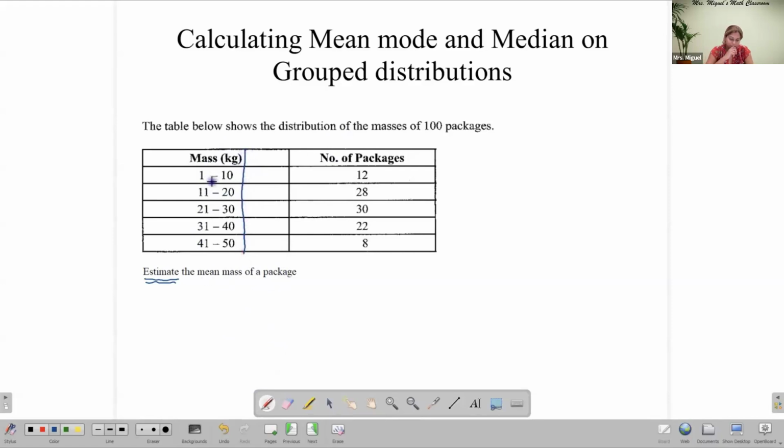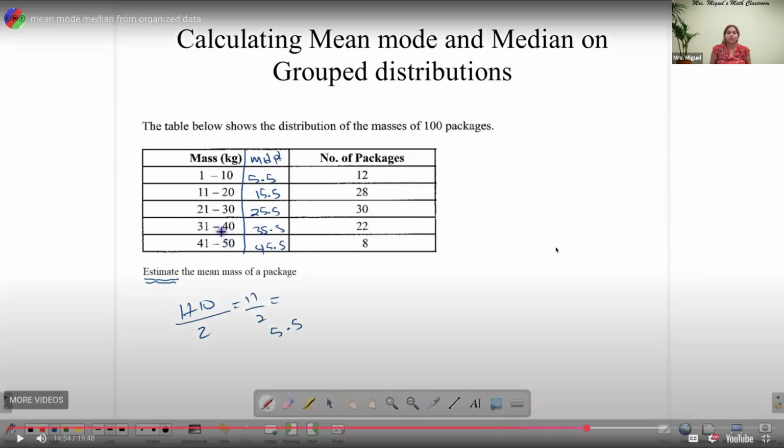So the midpoint, the first one, 1 plus 10 divided by 2, which is 11 divided by 2, is 5.5. And so the midpoint here, this mid, is 5.5. And doing the same thing here would give us the other midpoint for that one, which would be 15.5. Continuing, 25.5, 35.5, and 45.5. We're going to be talking more about these in another video in terms of dealing with the particular things